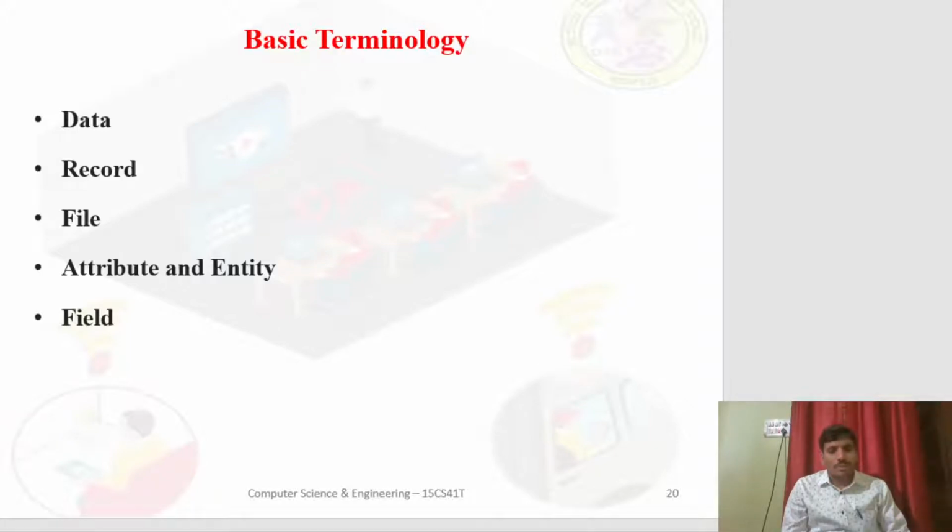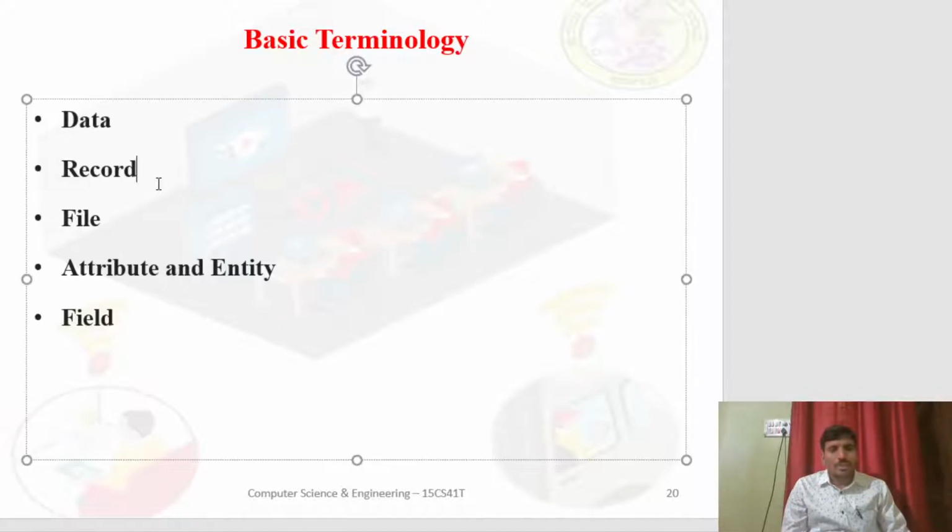Next, record. What is record? Record is a collection of related data. For example, information about a student: name of the student, registration number of the student, semester of the student, what is the grade points obtained by that student. So that will become a record.